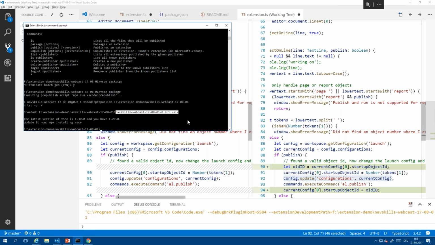I'm not sure if you can have something like a private marketplace. Never had the need and never investigated, but I've never read anything about that. Might be possible, but I don't know. Okay.